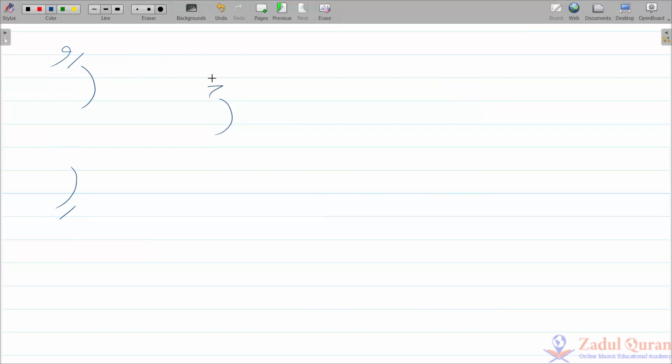So when Ra is sakina, we check the previous one. Let's call the previous one X letter. So when this X letter is with fatha or dhamma, Ra is heavy. So Ra depends on the haraka of the X letter. Focus, Ra doesn't depend on the X letter itself. No, it depends on the haraka of the previous letter, which we call X letter.